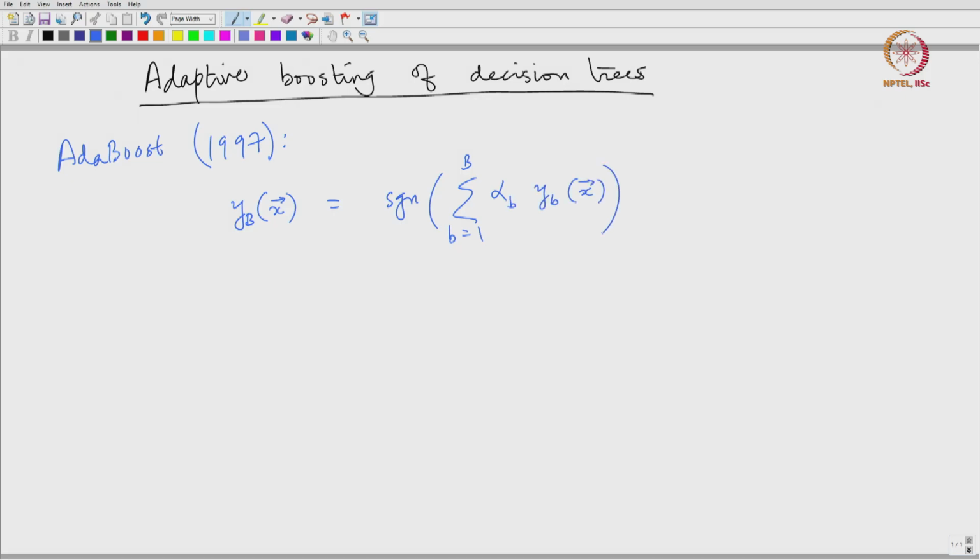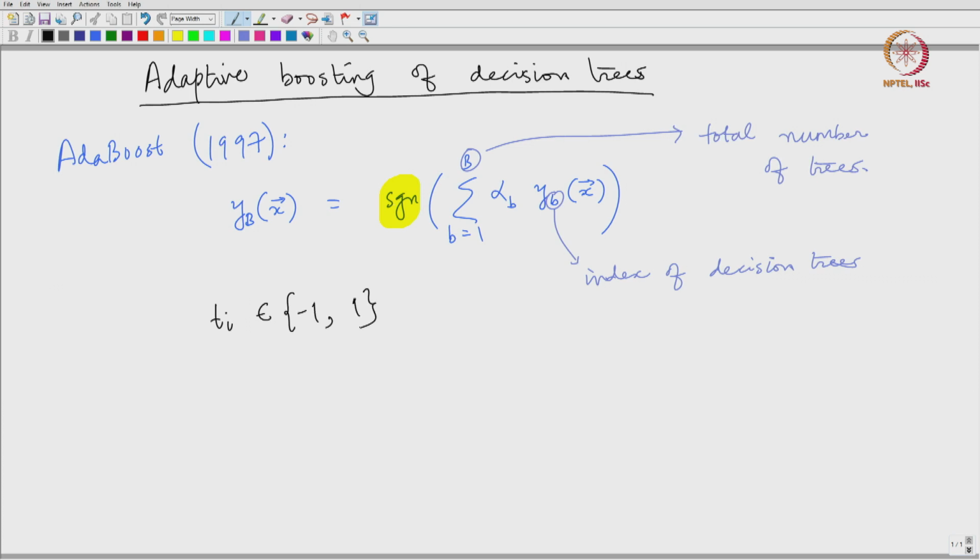right. So the index b is referring to the decision tree, so index of the decision trees, and capital B is the total number of trees, and like I had said we are considering the signum function here, SGN, not SIN sine, right. This is SGN, the sign of the number or the signum function, and that is because the true classes of each data point are taken to be either -1 or +1. So this is the true class of the ith data point,